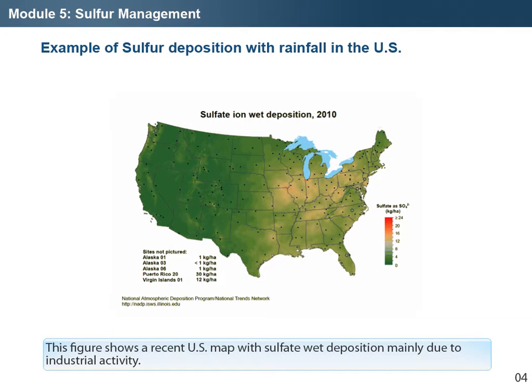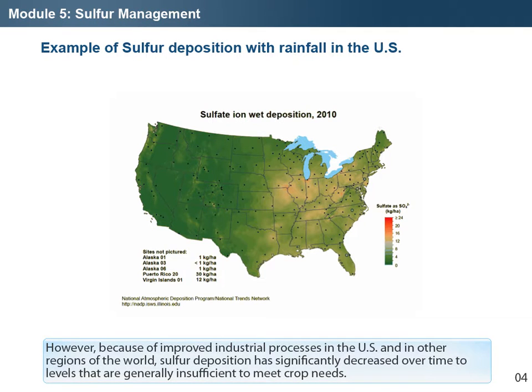This figure shows a recent U.S. map with sulfate wet deposition mainly due to industrial activity. As can be seen, higher sulfate depositions are located in areas with heavier industrial activity. However, because of improved industrial processes in the U.S. and in other regions of the world, sulfur deposition has significantly decreased over time to levels that are generally insufficient